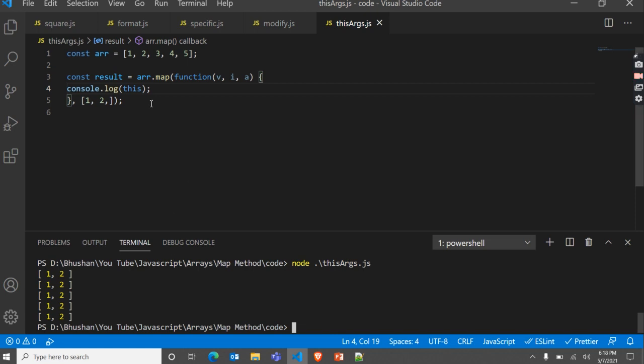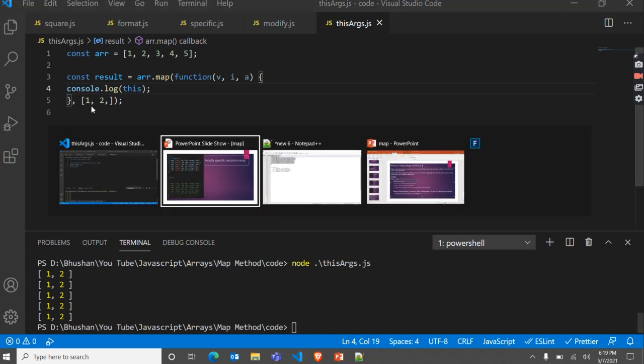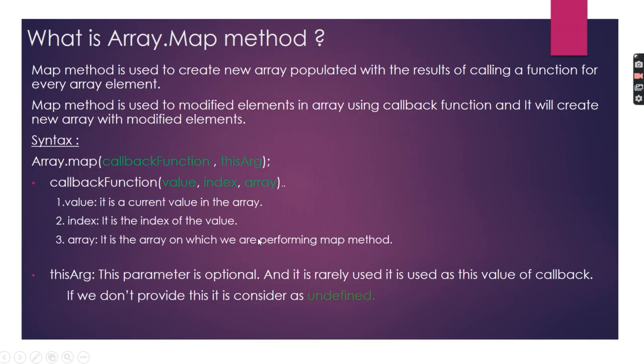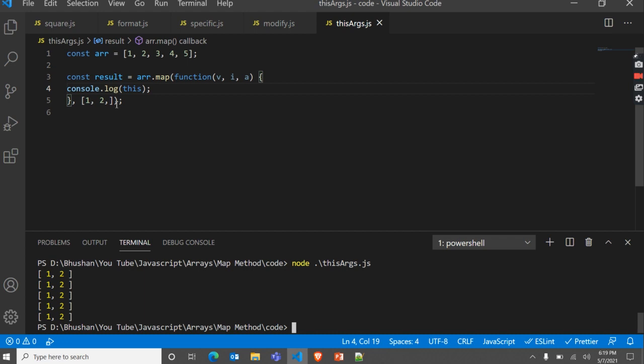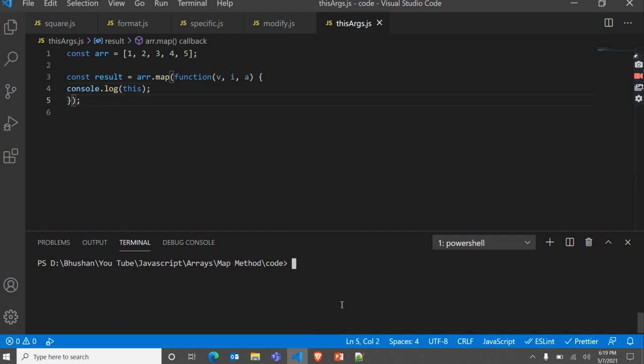See here, as I told you, what is this as this value of this callback function. You can see here the this value of this callback function is this args, as I told you. It is used as the this value of this callback function. And if we don't provide this, see what we get.